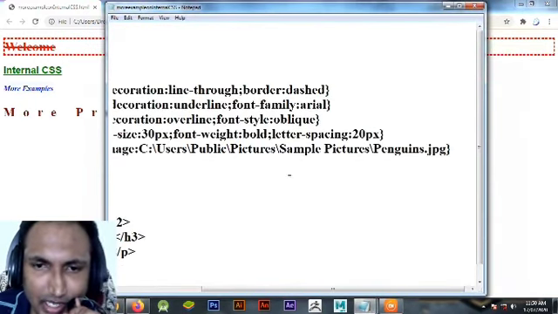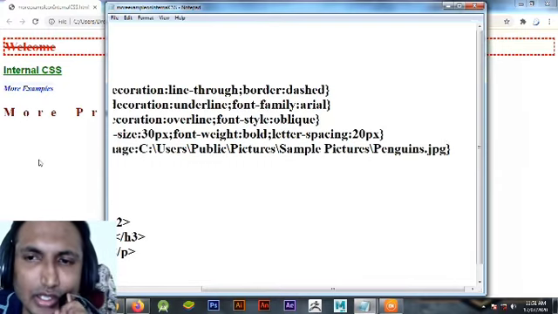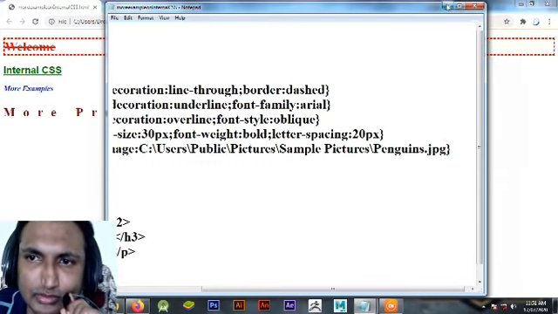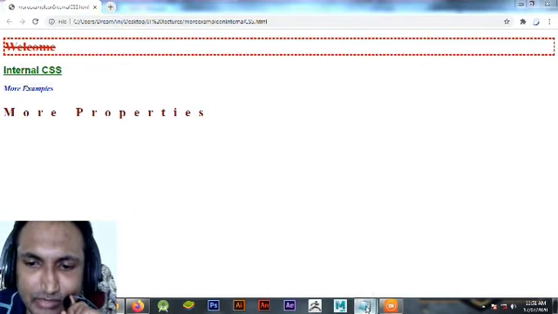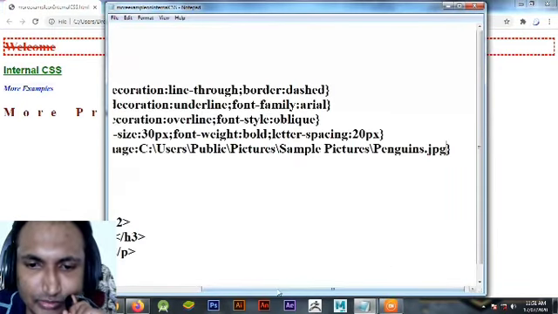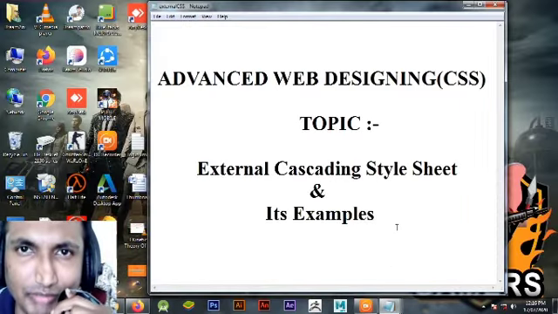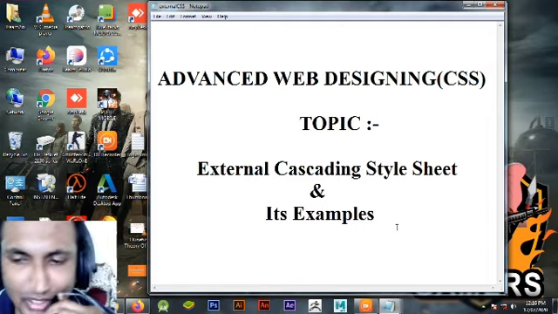I have to add this file in the same folder as this file. The background image was not appearing, right?